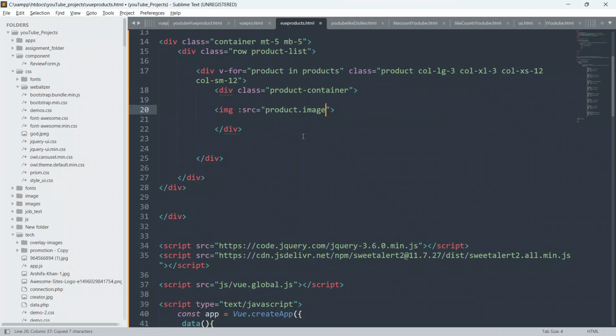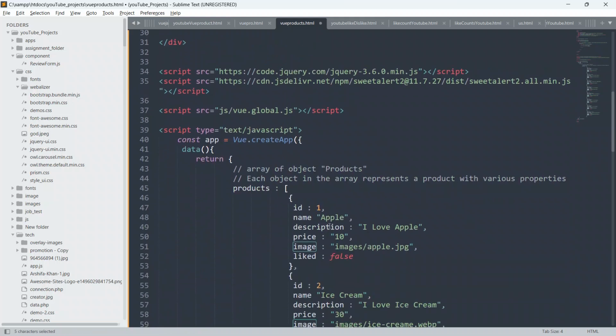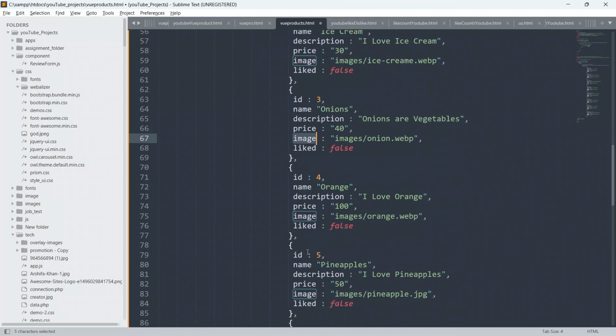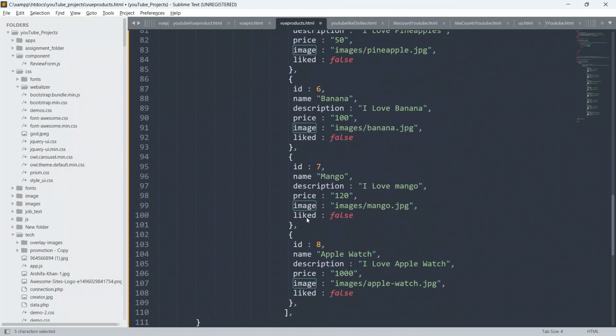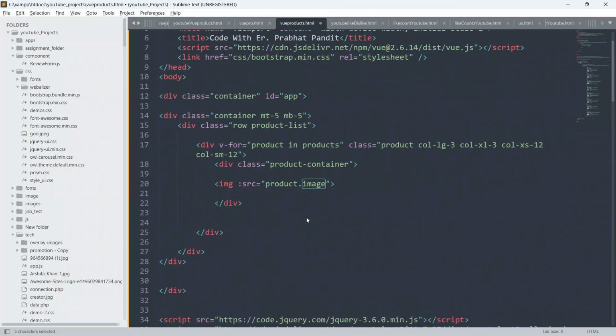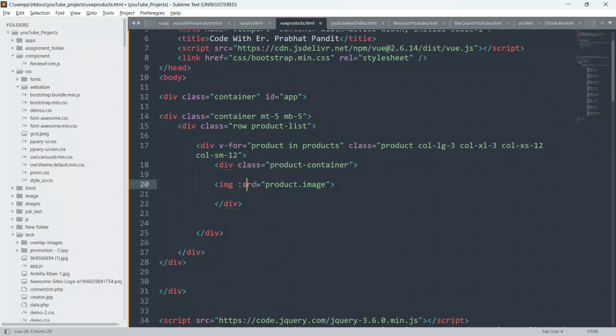Okay, from here, so guys, this image belongs to this image, and all the images from here, and it will display all the images on our HTML page, on our browser. Okay, so guys, as you all know, inside Vue we put colon and src, and then only we are able to display the image on the output, on the viewport.